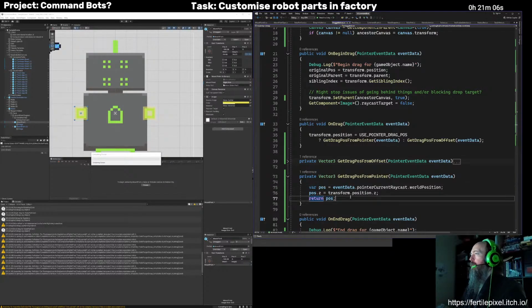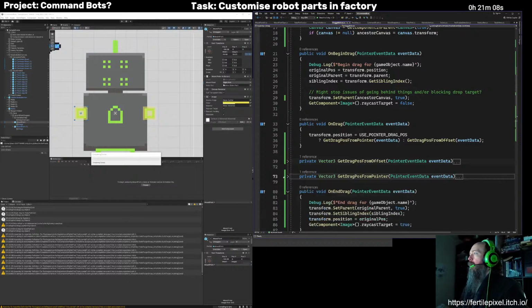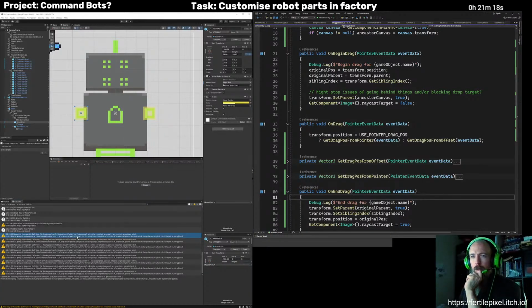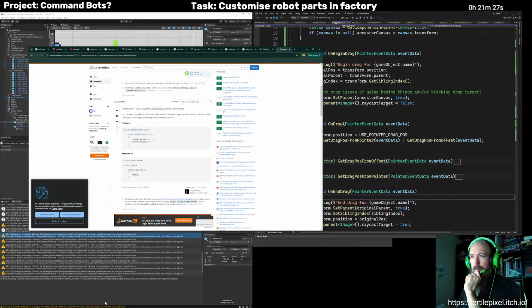Sure. All right, good. Let's deal with that to do. What's my actual goal here? First of all, maybe figure out why that's happening.